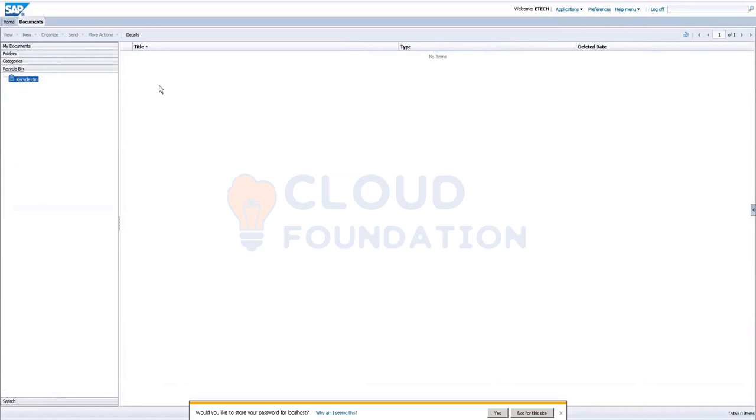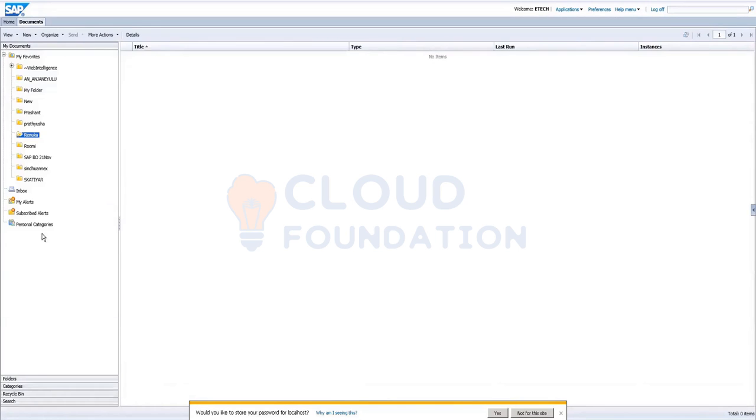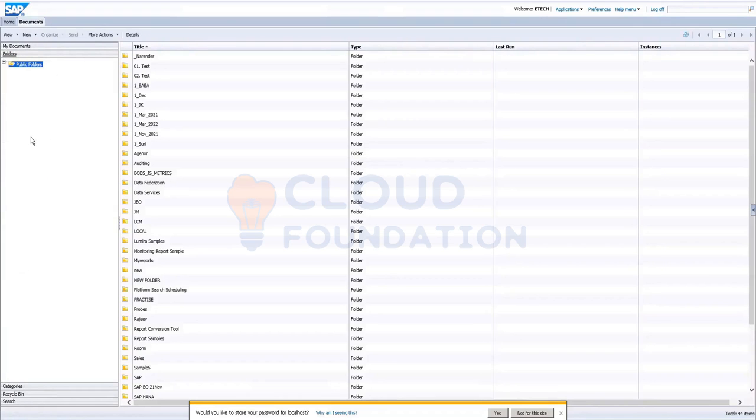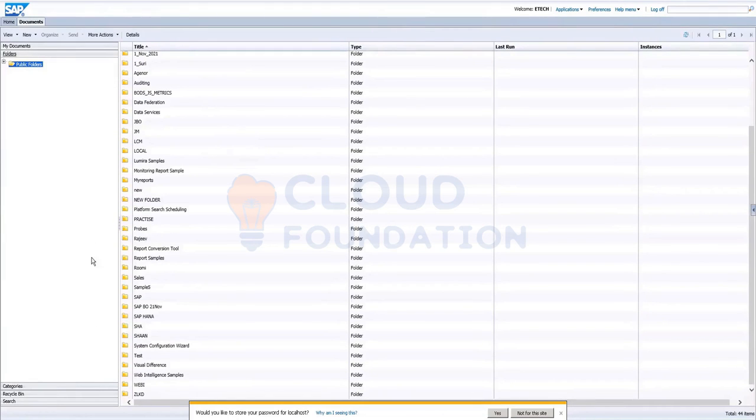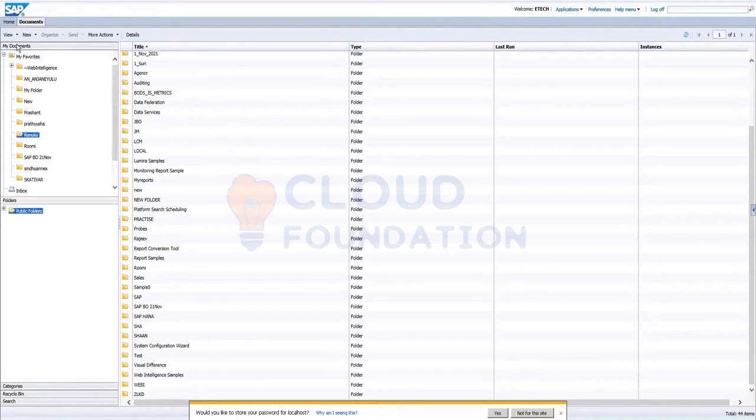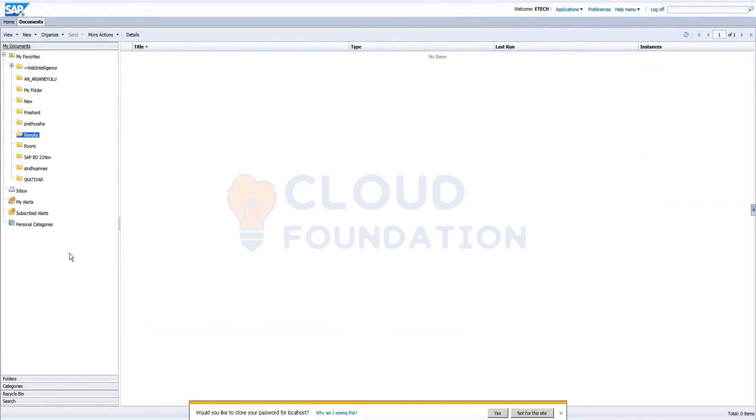Then there are Categories. This is the recycle bin. If we delete something, it will go here. We also have a search option here. If we know the report name, we can type it here and the report will appear. Instead of going to every folder, it is also possible to search, but we should know the correct report name. These are all under public folders. This is My Documents, for our personal use. Whatever we create for ourselves, we can save in our reports and analyze whenever we want. This is about the tool.